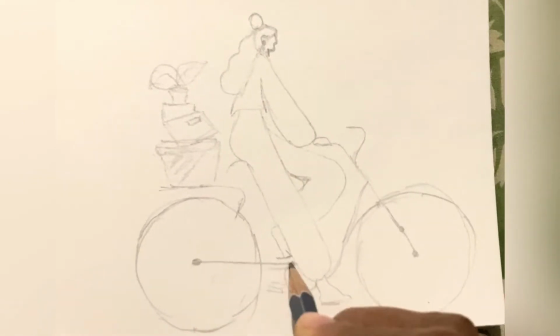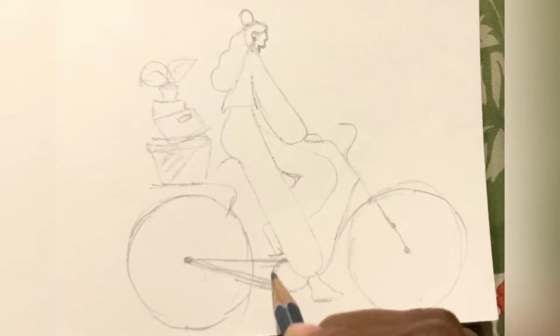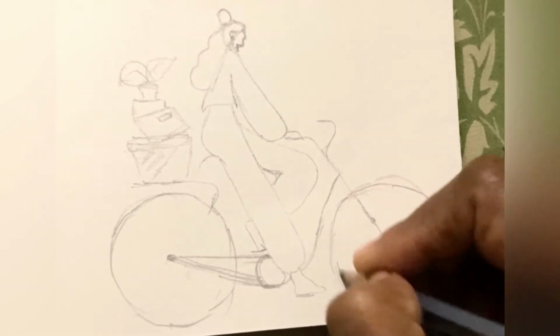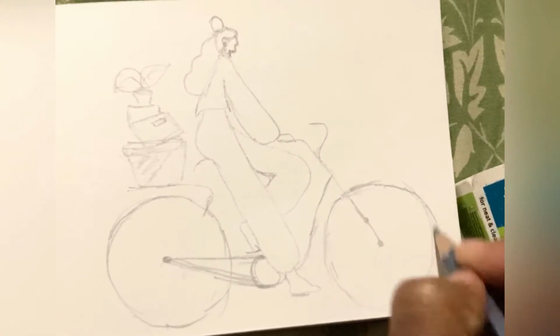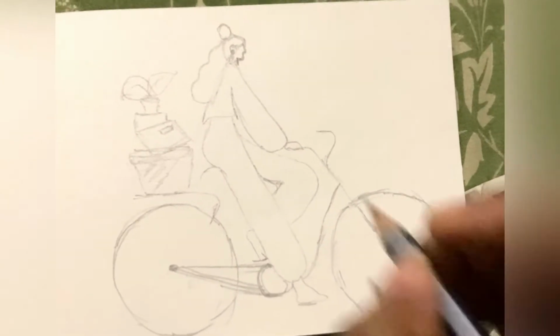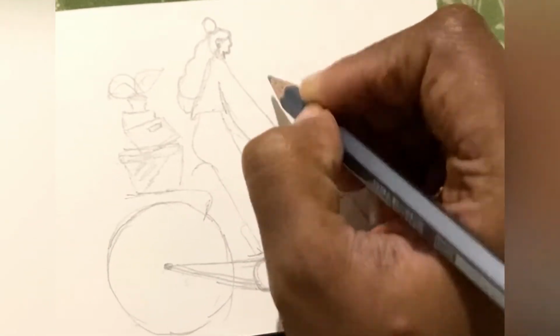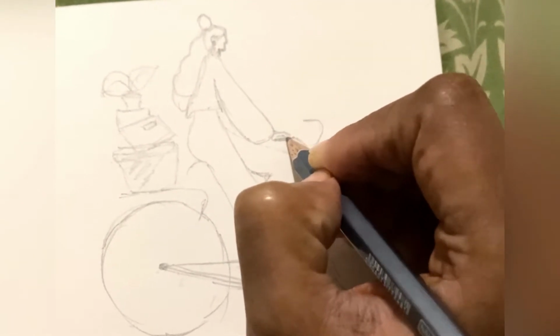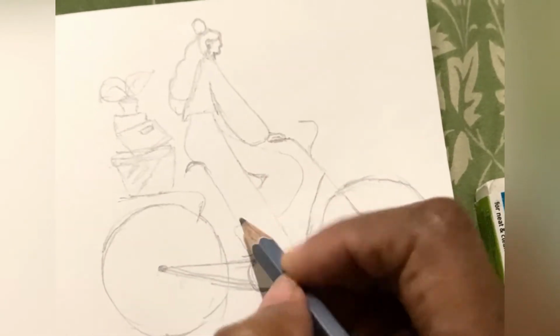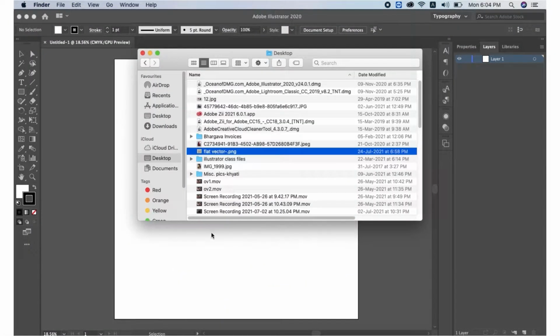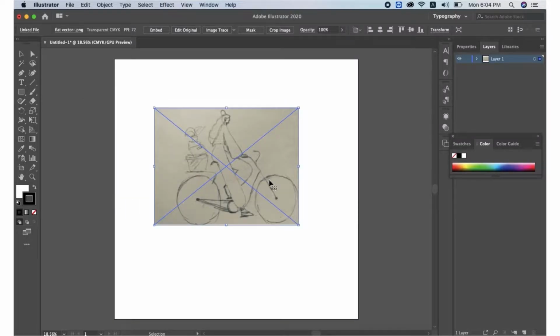Hi guys, in this video let's learn how to create a flat vector and also apply a grain brush effect to it. So to start the process, I'm actually drawing my ideation of flat vector on paper. You can also start with an existing image. Once you're done creating the sketch of the vector, you can take a screenshot. You can capture an image and place the file on the artboard.